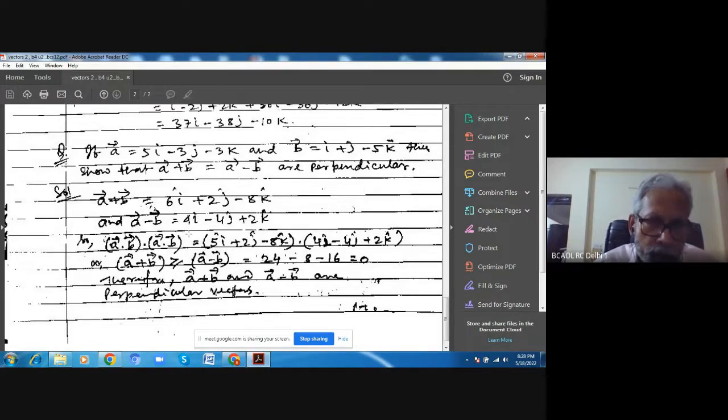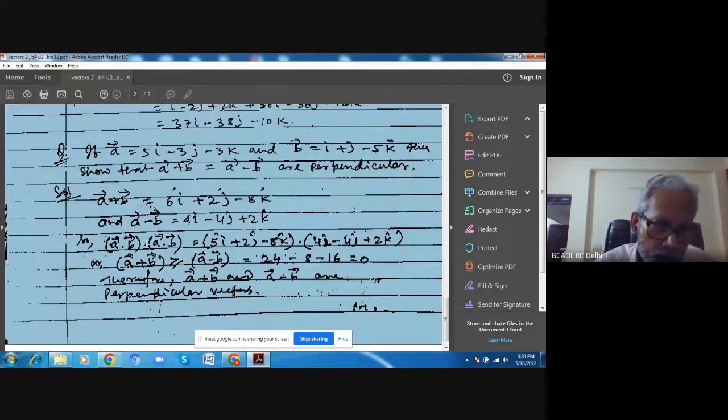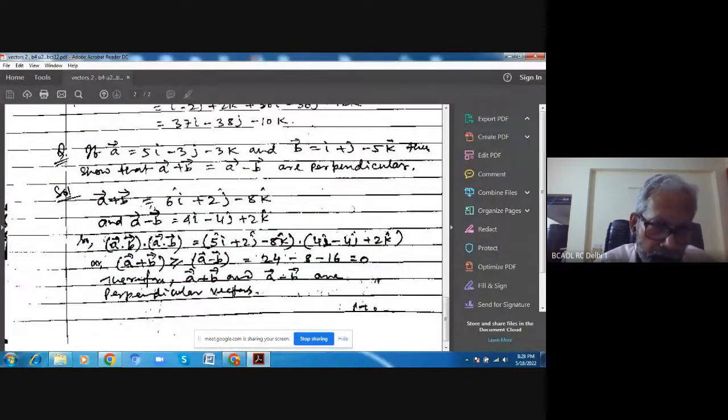Now, the product of these new two vectors, the product of this and this. So A vector product B vector, dot product, whatever it is, then your A vector and B vector again. So this is coming here, this part, and you can dot it. Simply you can multiply this one and this one. So 5 into 1, so 5, okay, and